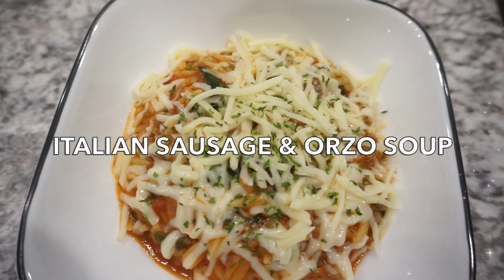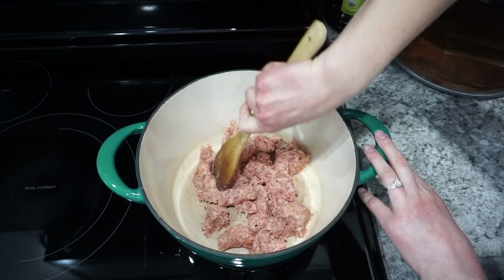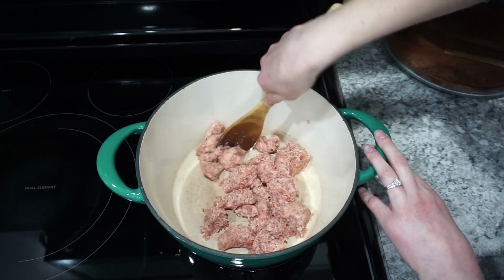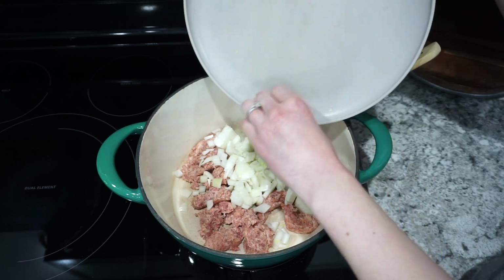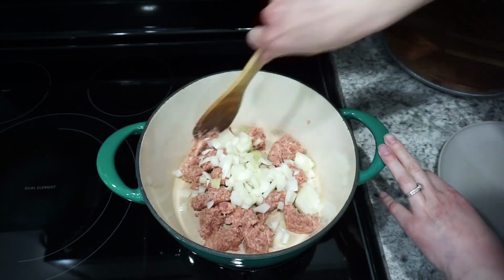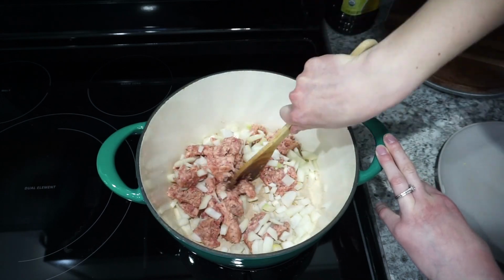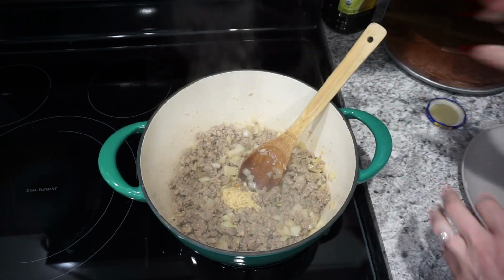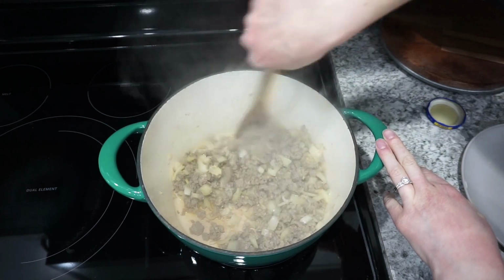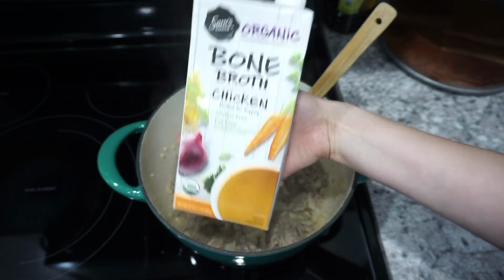For this first dinner, I'm making an Italian sausage and Orzo soup. This is one that I've been making for quite a while and our family really likes it. I'm just starting off with a pound of some sausage in a pan here. Use whatever kind you want. Then I'm also adding in one large onion that I chopped into smaller pieces. Once all of the sausage was all browned up and the onions are cooked through and nice and translucent, I'm